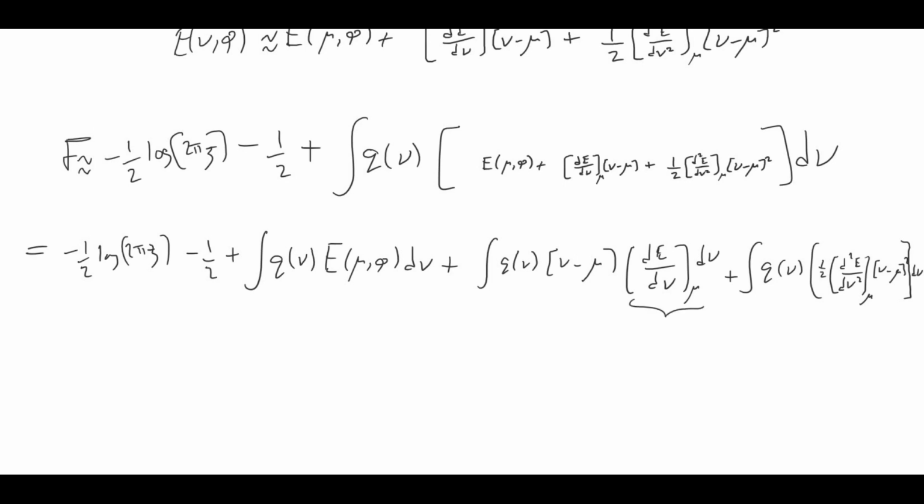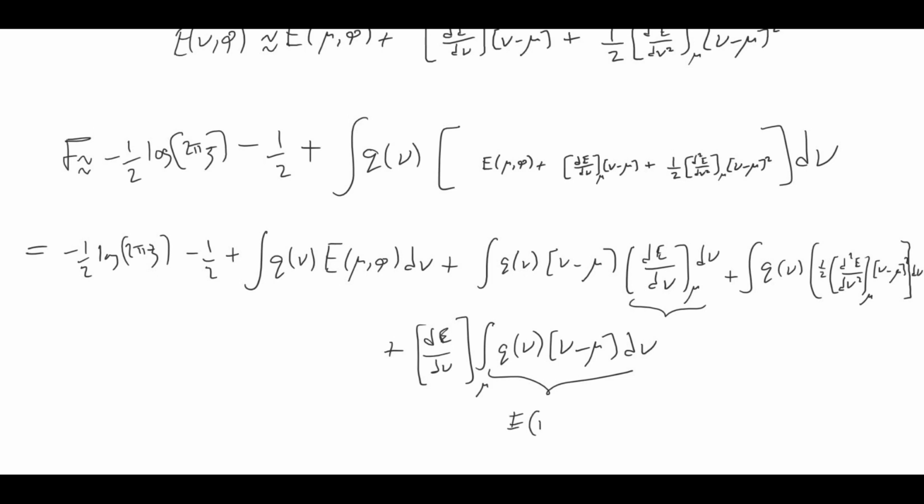Notice that we can take this out, and what we'll be left with for this part of the equation, we're just going to look at this term here. It's going to be the integral of q(nu) times (nu minus mu) d nu, and we've taken out the derivative term. Now notice that this here must evaluate to 0, because this is the expected value of nu